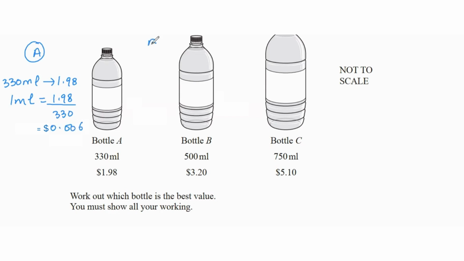Same for bottle B: 3.20 divided by 500 is 0.0064. For bottle C, 5.10 divided by 750 ml is 0.0068. So if we compare the value for each of these, we can see that the most we're getting out is